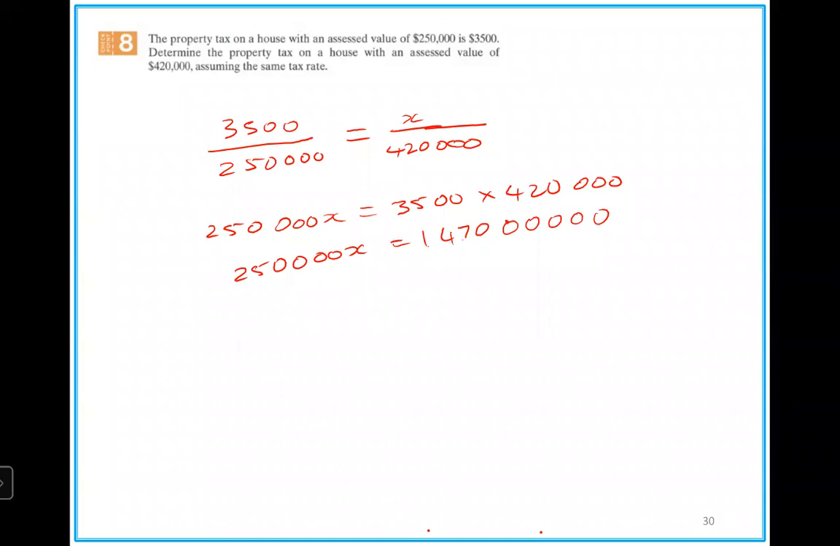How many zeros? 7 after the zeros. Oh, sorry, 7 zeros? 7. 1, 2, 3, 4, 5, 6, 7. Okay, so that's 1,470,000,000. All right, so that means X then would be equal to